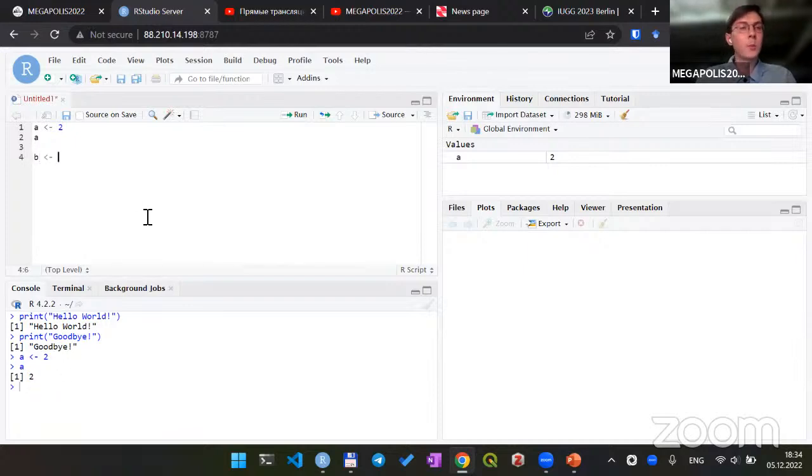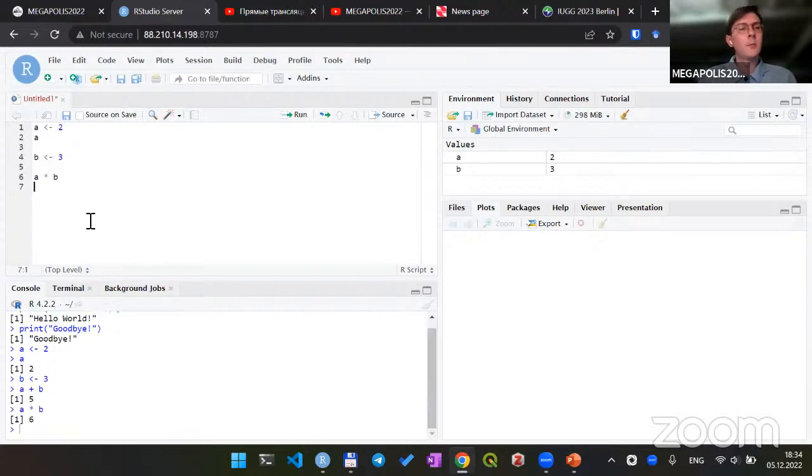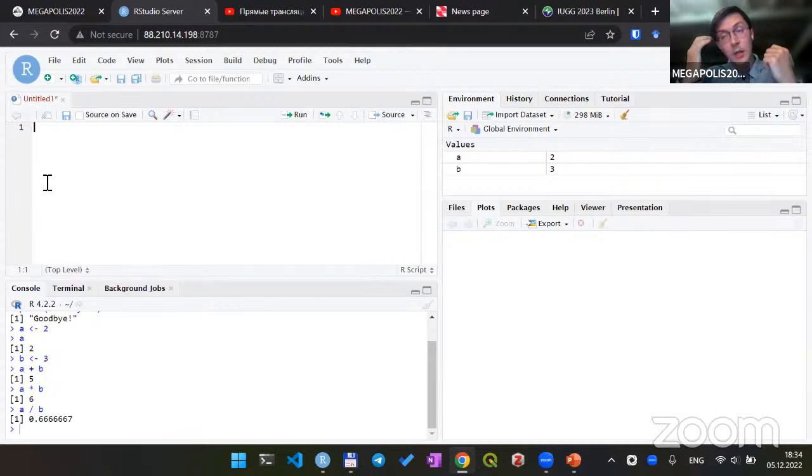And if you want to make calculations of A plus B, you will see that it equals 5. And for other basic operations, if you want to multiply, you use an asterisk. If you want to divide, you use a slash, and so on. So almost all functions in R are